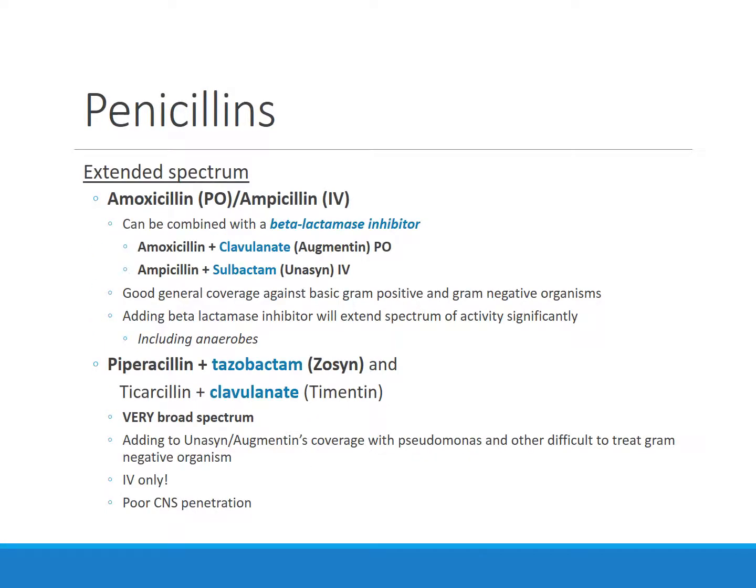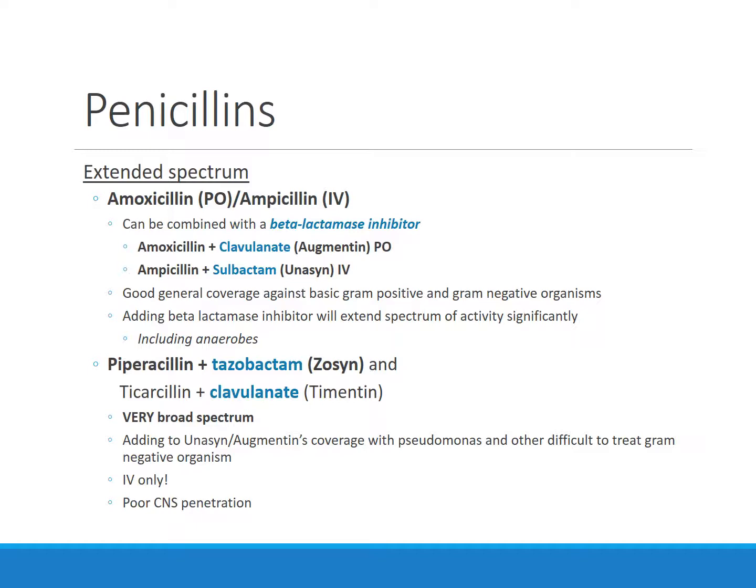All right, so some other penicillins. These are called extended spectrum. And we'll talk about the base drugs first. So let's talk about amoxicillin. Amoxicillin is an anti-staph penicillin. It'll cover MSSA in a lot of situations. It'll cover strep. And it's got pretty good coverage against some gram-negative organisms that are non-resistant. Very basic coverage. I wouldn't ever use it empirically to cover gram-negatives, but it would cover a lot of them,